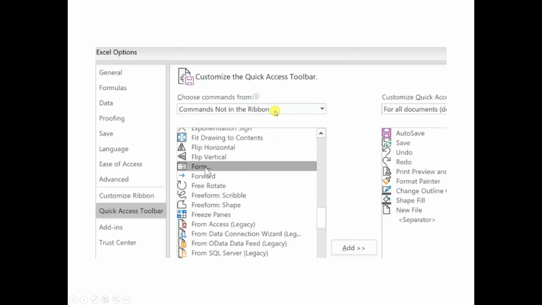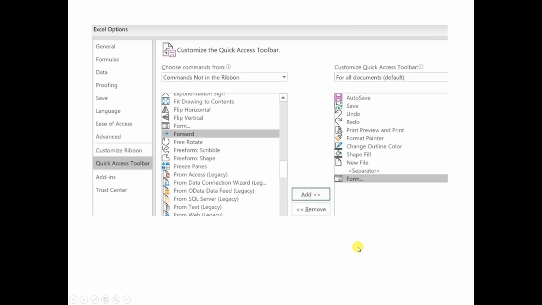So it's what I've done here. I've scrolled down, and there I see the form tool. So I click on it, and then I click add, and it's going to put it on my quick access toolbar. So I just click there, add, and you'll see it appear in this list. So once you're done with that, and you make sure you see it there, you can come back to your